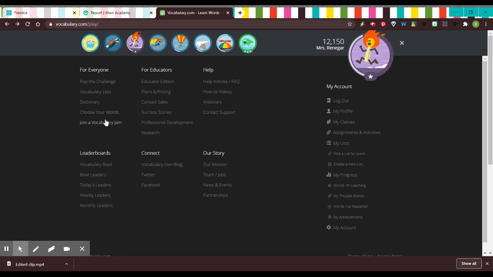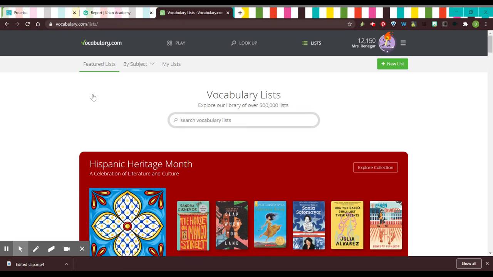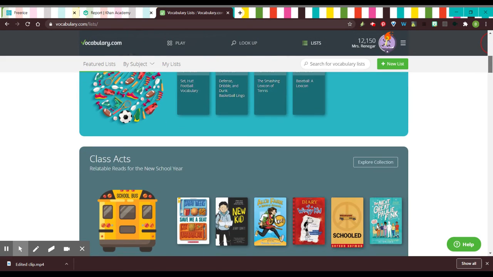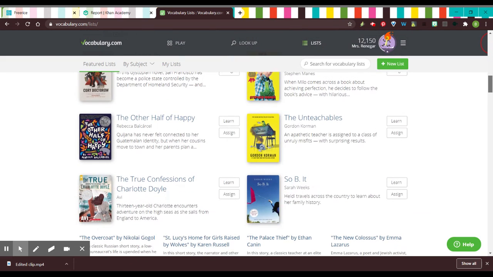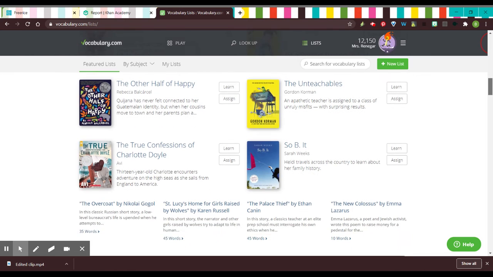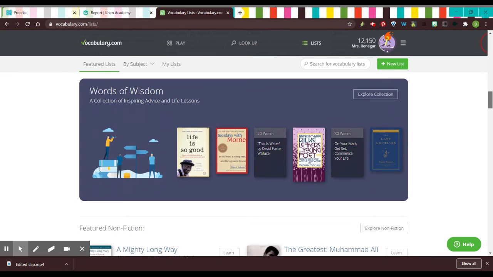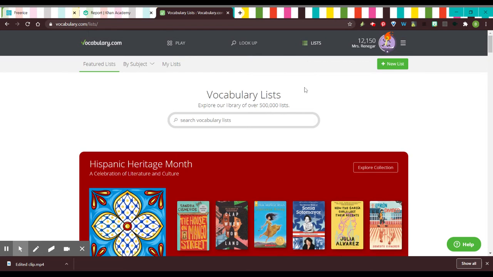And then there's the vocabulary jams. And this is a lot of fun. So you can make assignments to your classes and you can view their progress. And I'll show you that here in a second. But you can choose your vocabulary lists. They have some that are, like I said, already pre-done, and there's ones that you can create on your own. So let's say you're doing a book in your class that has some vocabulary in it that you're wanting your students to learn. So we'll go with Charlotte's Web